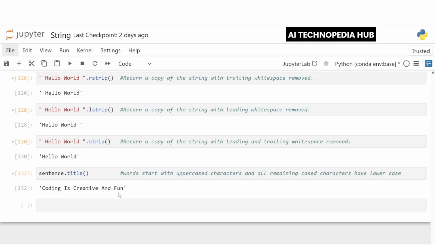Now, these methods make working with strings in Python very powerful and flexible. So you can try these methods on some of your own examples and see how they transform the string. And also remember that not all the methods change the original string. Most return a new one, so we have to save the result in a new variable if needed. And we'll also use these methods a lot when we work with strings or clean text.